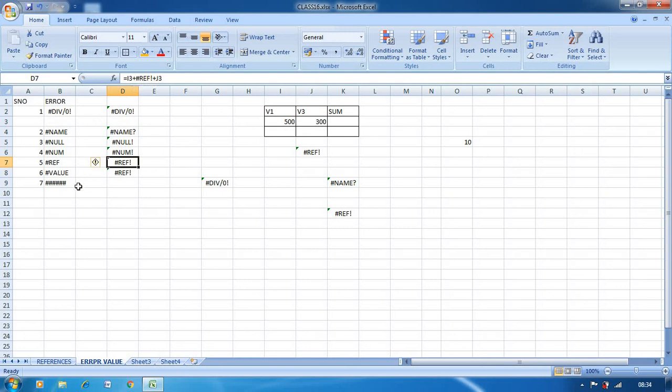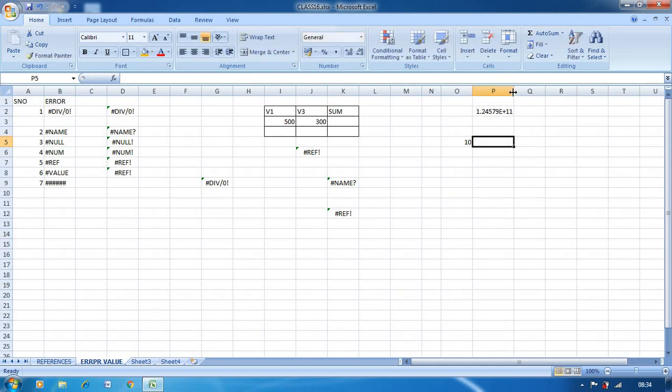The last one is ##########. Now I will enter one number, 1 2 4 5. Here what happens is if the value does not fit in the particular cell, we can view the result as 1.24579E+11.